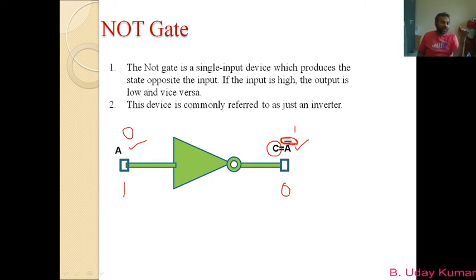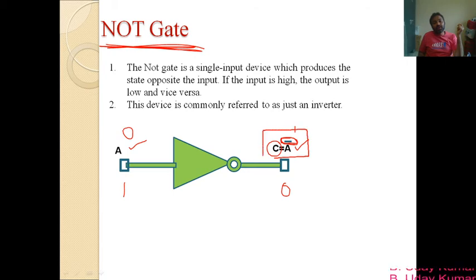So this bar is called the logical function of the NOT gate. This is also called an inverting gate, right? That inversion function is mentioned with the help of the bar here. And the logical equation is nothing but A bar. The output C is written in terms of the input terminal as C is equal to A bar. This A bar is called the logical function of the NOT gate. I hope it is clear.